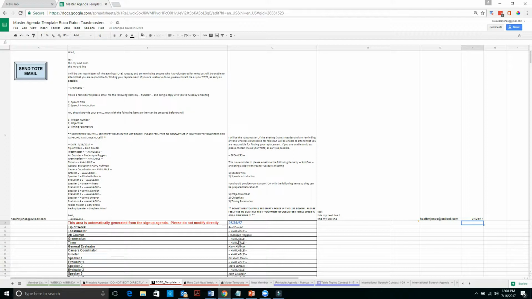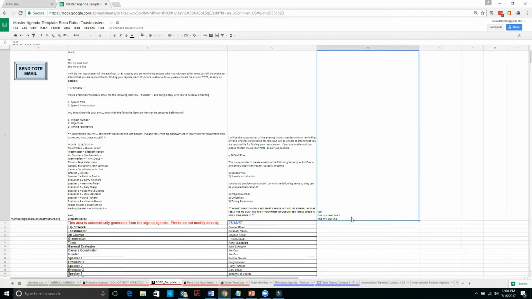You see that it's overwrote the date, and we're now looking at 2 weeks out from our schedule. I don't want that to happen, so I'm going to just delete this, and you see it returns to next Tuesday's date. We happen to be on Sunday the 16th, so 2 days from now we're going to have this event right here. I'm going to remove my email address so that this returns to members at Boca Raton. I'm going to change this back to